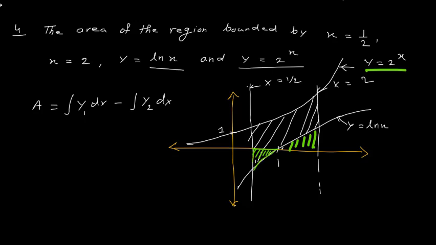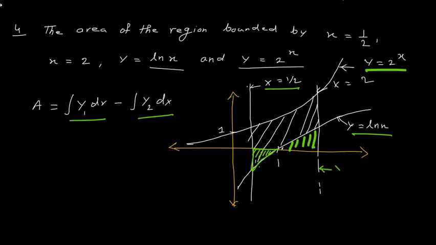Now as you see, this part is below the x-axis, so when I find the area I will get a negative area because it is below the x-axis. So when I subtract it, it ultimately works as addition. When I am subtracting this part from this part, this part is subtracting and this part is adding, so I am getting the required area. I hope you understand. Now the limit is x equals half to x equals 2.